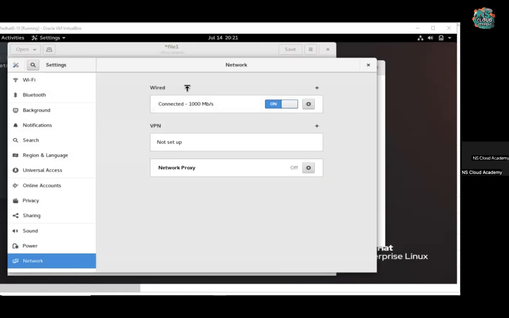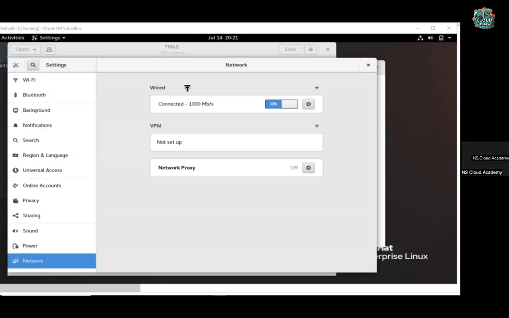Maybe your laptop is connected with the Wi-Fi, but this system is connected with your local system, means your physical system. This is the virtual system, right? This virtual system is connected with your physical system in bridge adapter. Remember, when we were creating an operating system, we selected network configuration as a bridge adapter, right? So bridge adapter is nothing but it will create a communication between the same network which is coming from the